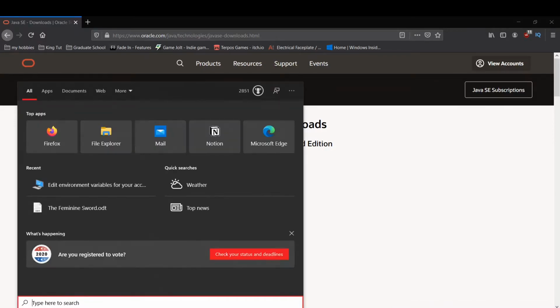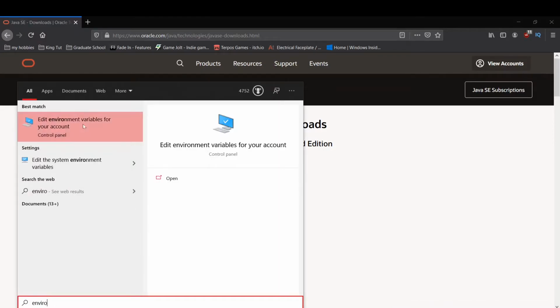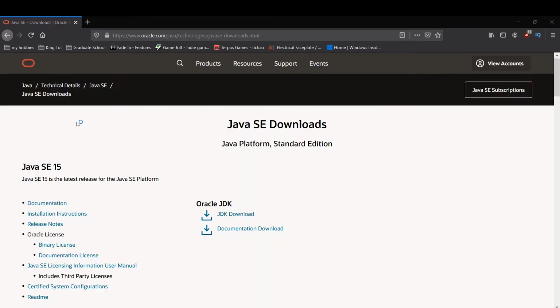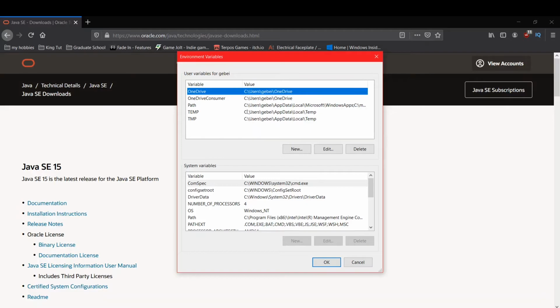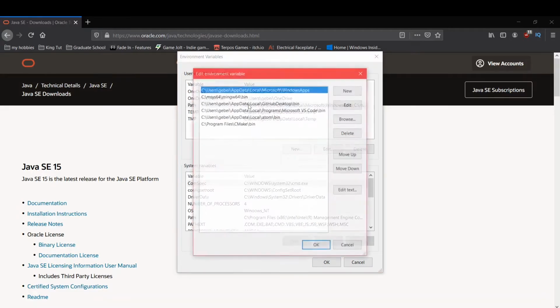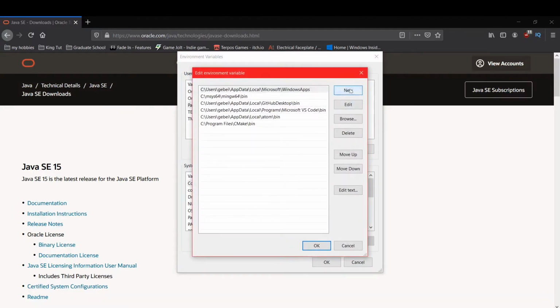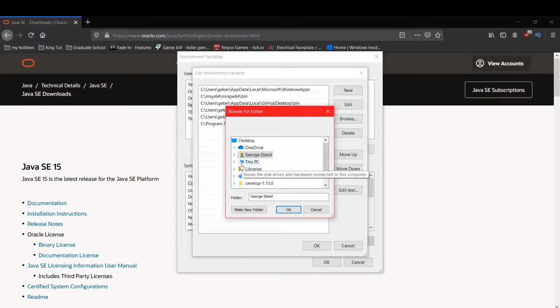go to search, environment variable. So type in environment, and as you type it, it's going to show up edit environment variables for your account. So click that, and then double click path, click new, click browse, and then expand this PC, expand the C drive,